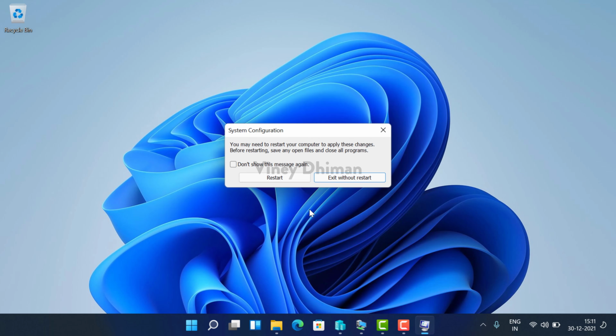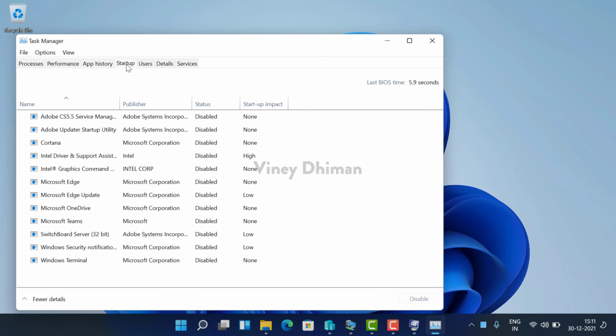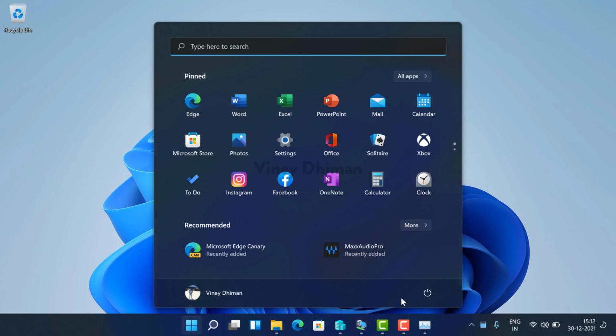OK. Now open the task manager and switch to startup tab. Here you need to enable the startup programs of your choice. Once done, you need to restart your computer again.